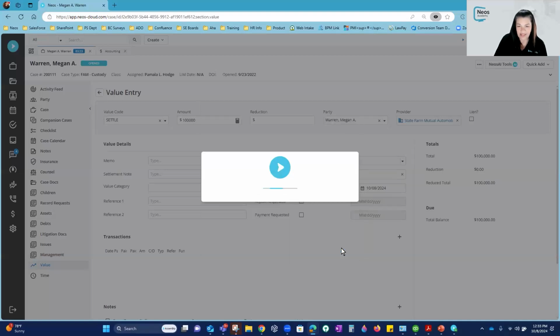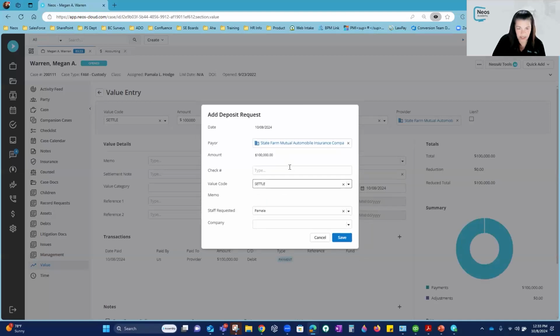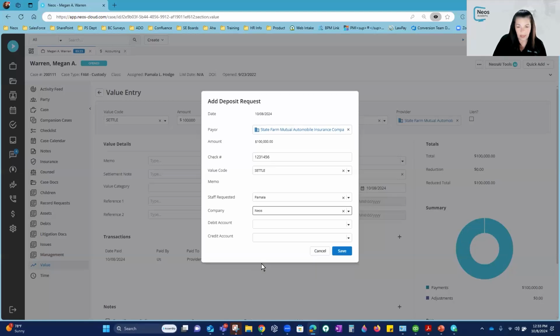Once I hit save, I get my options here. I can put in my check number, the value code of settlement, who the staff is, and where it is going. So I'm going to say it's going to my Neos. It's going to go to client